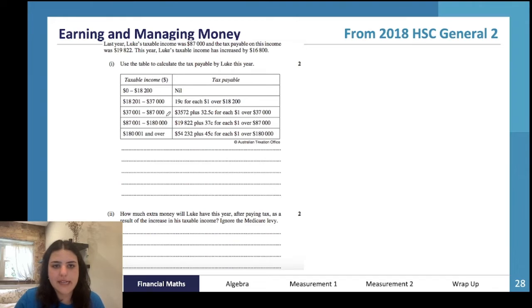So we need to do 87,000 plus his new increase, which is 16,800. 87,000 plus 16,800 gives us